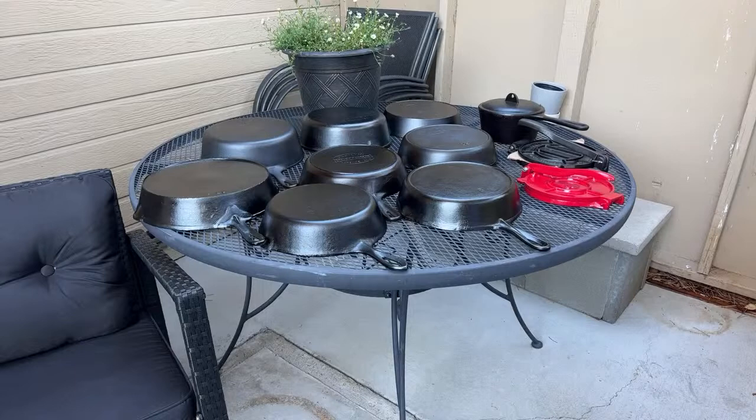Cynthia Wesley says, yes, Louise, I agree. I love my Victoria, a real workhorse. Yes, it is, actually. I do have, I think it's a 12-inch and a Dutch oven. And they work great. I want to say I purchased those alongside the Lodge when I first started collecting cast iron. One of the reasons why, and it's a silly reason, but I'll let you guys know,